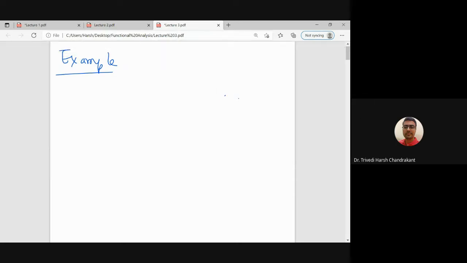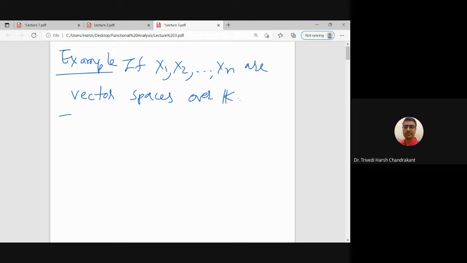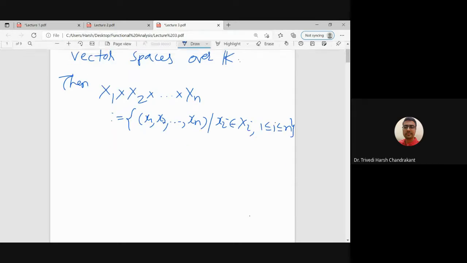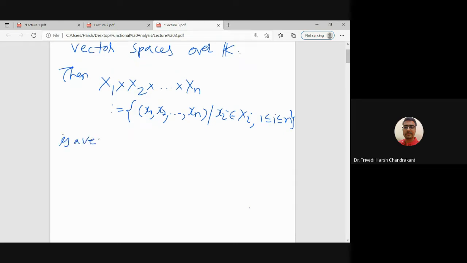Cartesian product. So if X1, X2, ..., Xn are vector spaces, finitely many vector spaces over field K, then we can define the Cartesian product X1 cross X2 cross ... cross Xn, which is defined to be the tuples (x1, x2, ..., xn), where each xi is an element of capital Xi. Then this is a vector space